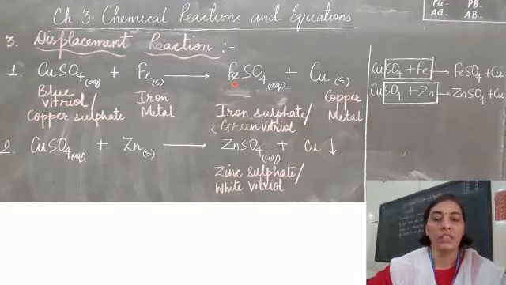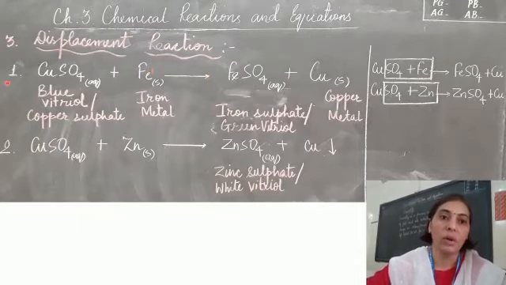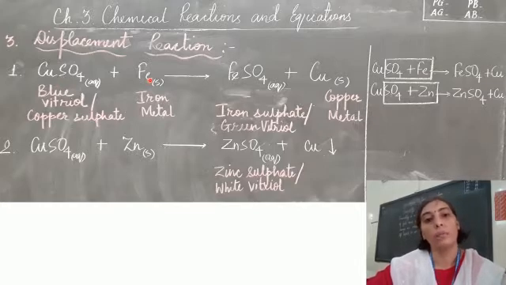What are the products here? It's going to give us ferrous sulfate. It is also called iron sulfate. So FeSO4 and copper are the two products. FeSO4 is the new product that we have formed, that is aqueous, and copper in the metallic form, that is solid form, we are going to get. Now what has happened over here in this equation? Iron, which is more reactive than copper, has displaced copper from the copper sulfate solution.